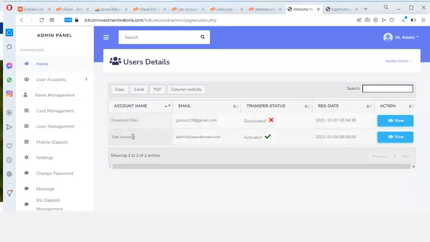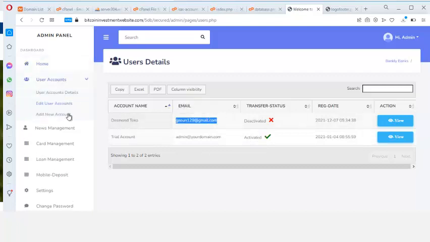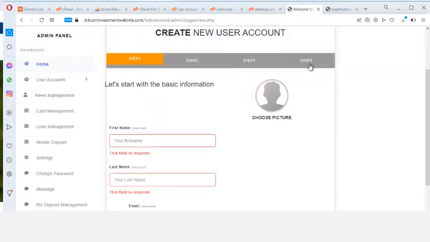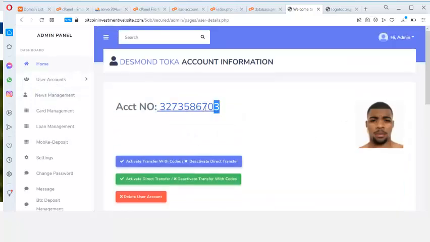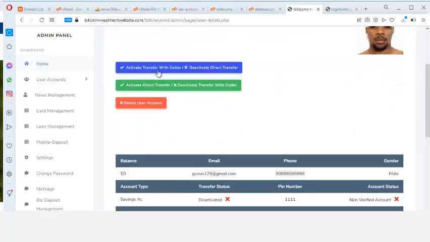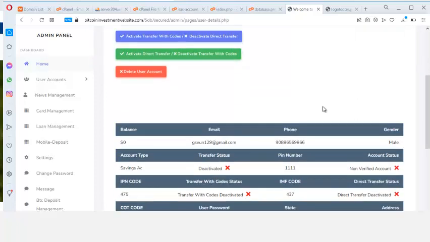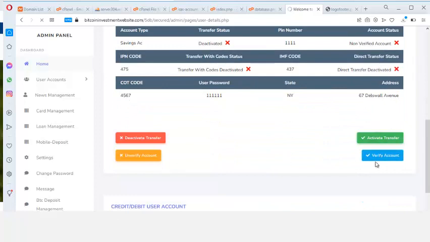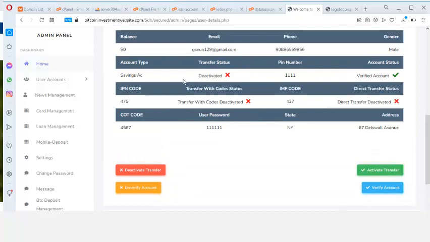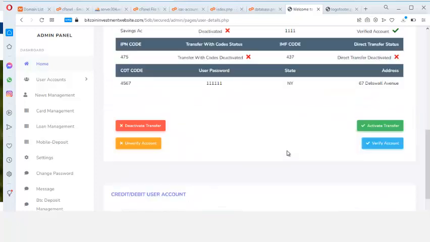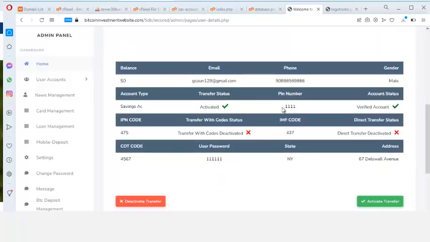Now, this is not a real bank. It's just for practical purposes, for those who want to do school projects, for those who want to engage in their school assignments, and for those also who want to do defense. I am not in any way connected to anything that has to do with fraud or illegality. I am only doing this for the purpose of